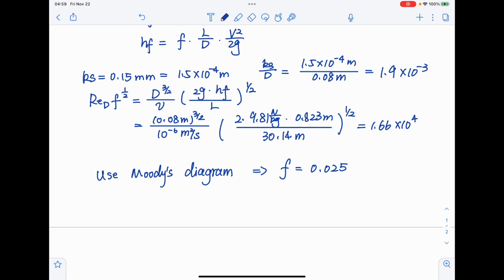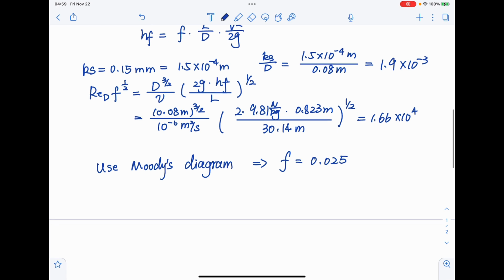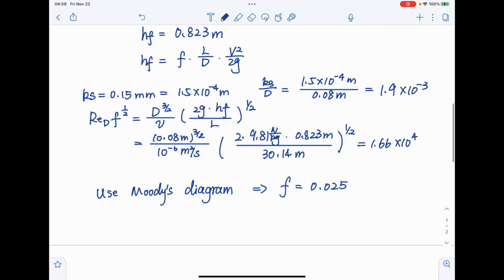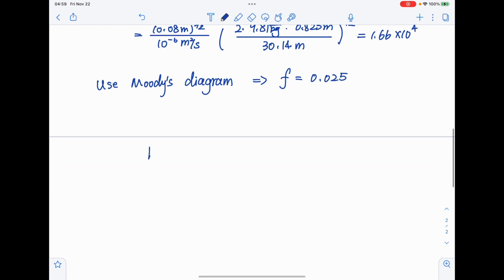Okay, now we have the f value. We're going to substitute into this equation here. The head loss 0.823 equals 0.025 times L, which is 30.14 meters,